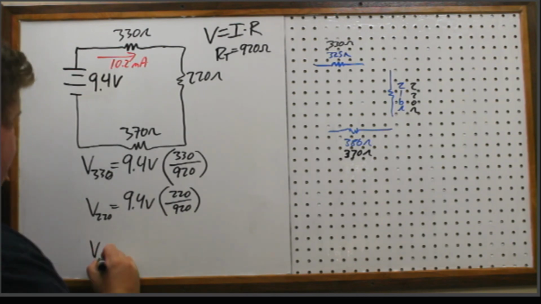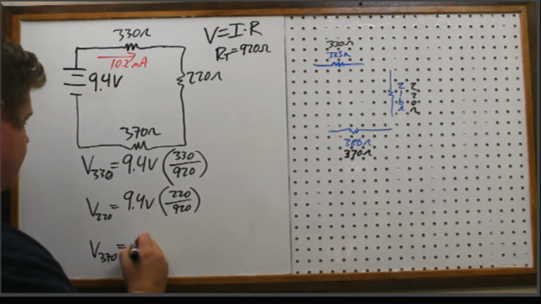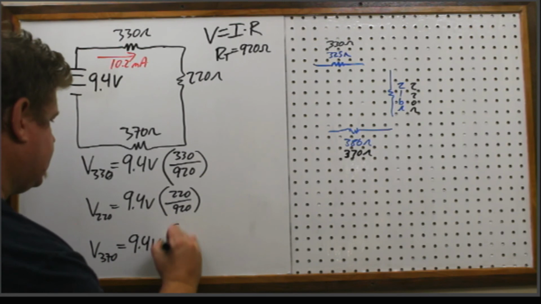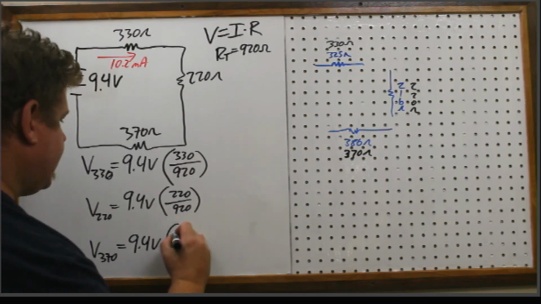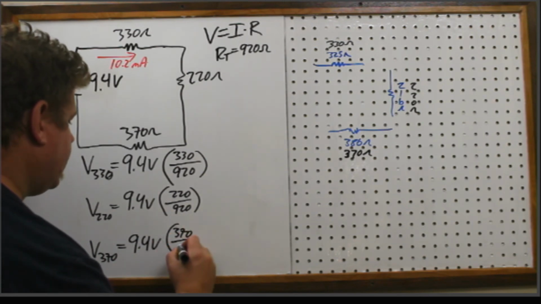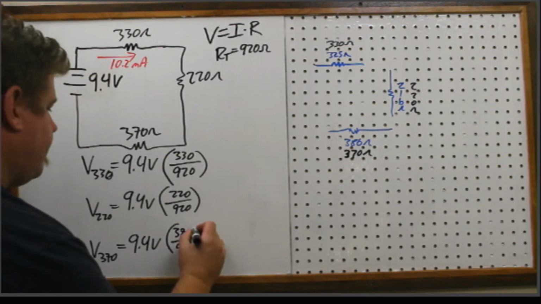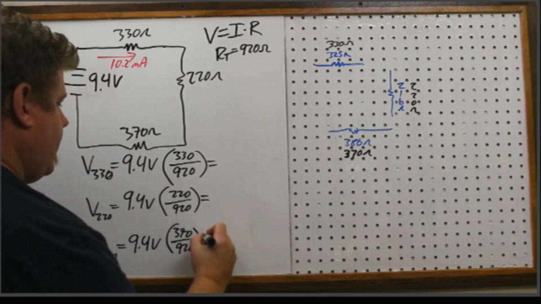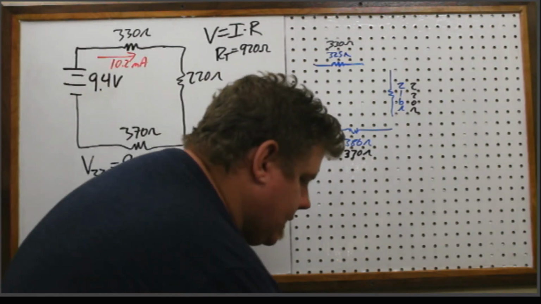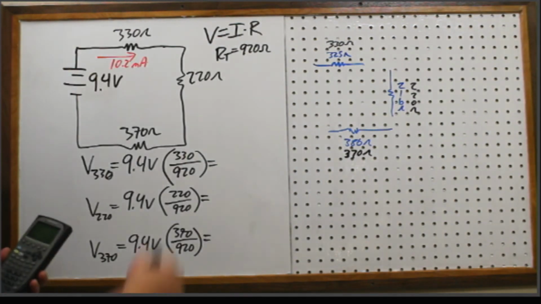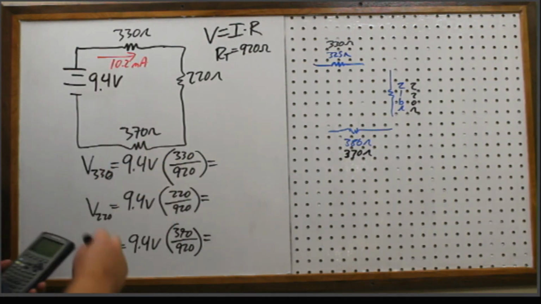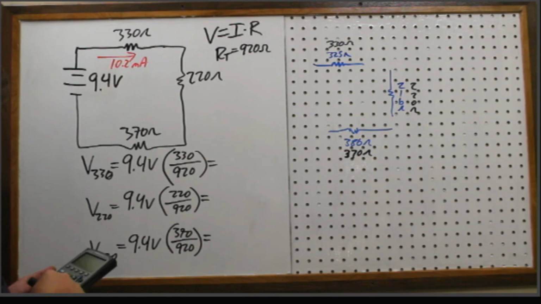And then the voltage of the 370, 9.4 volts times 370 over 920. Okay, so let's find out what voltage drops we're going to expect here, and then we will double check and see if these all add up to 9.4 volts. So 9.4 times 330 divided by 920